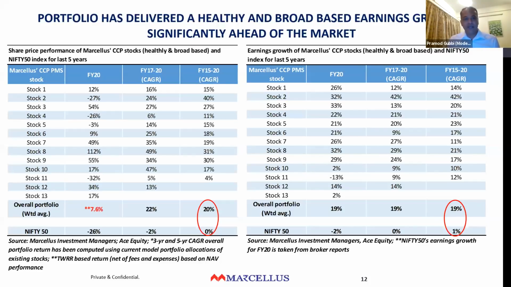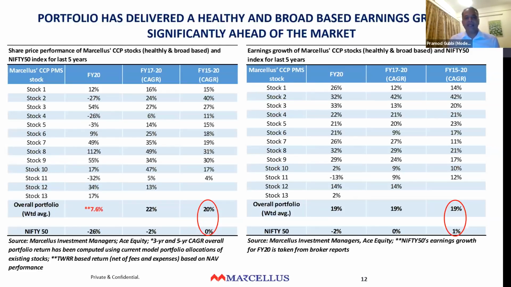So we are reiterating time and again, do not give us any money that you need in the next 3 years. We don't have a lock-in, we don't have any exit loads, but that doesn't mean that we're open for investors to come in and go out anytime. If you come to us with a 3 year horizon, you're more or less likely to get your returns commensurate to the earnings growth. It's very unlikely that the portfolio will deliver an earnings growth of 20% and you will be left with a return of 5% or 10%, irrespective of the entry point. At the same time, it's very unlikely that a portfolio delivering 20% earnings growth will give you a 100% compounded return over the next 3 to 5 years.